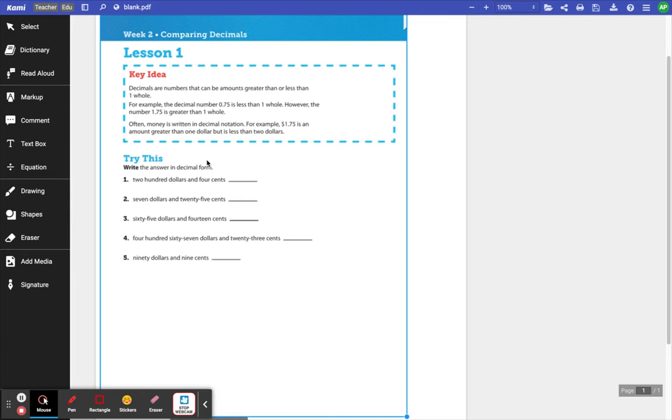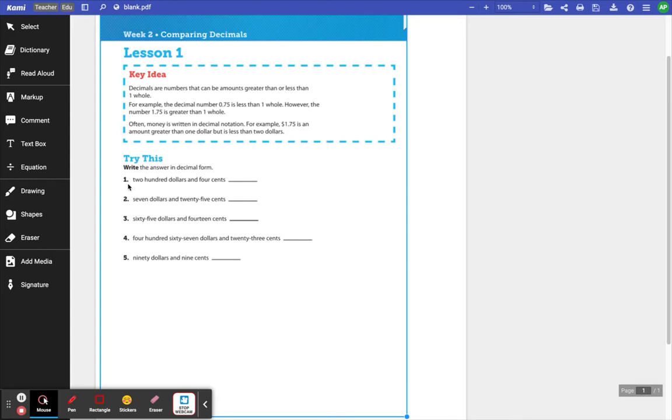This lesson's key idea is really understanding decimals and that they can be greater than or less than one whole. So here we have an example for you that the number 0.75 is less than one whole. However, the number 1.75 is greater than one whole, okay? You can also write decimals in an amount that's greater than $1 but less than $2, so that's the example of $1.75, okay? So that's the key idea, understanding that decimals can be written as a number greater than 1